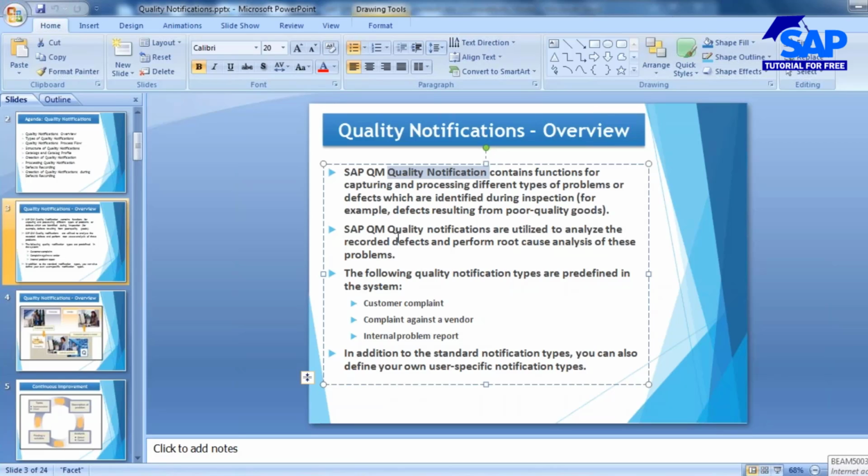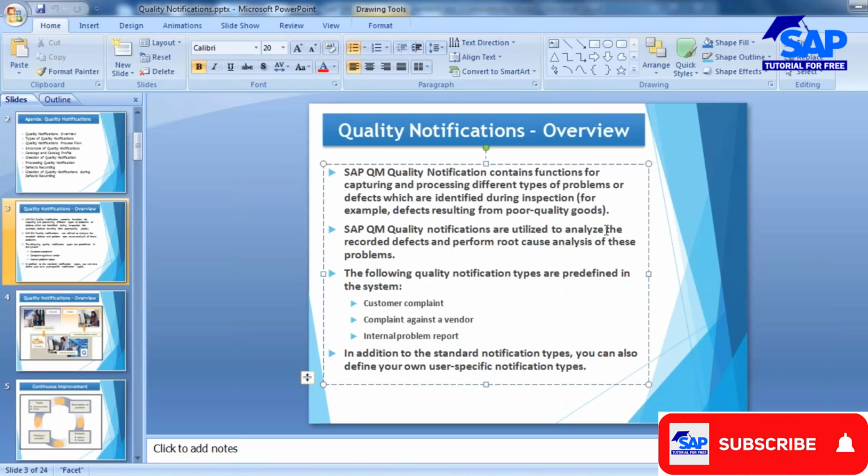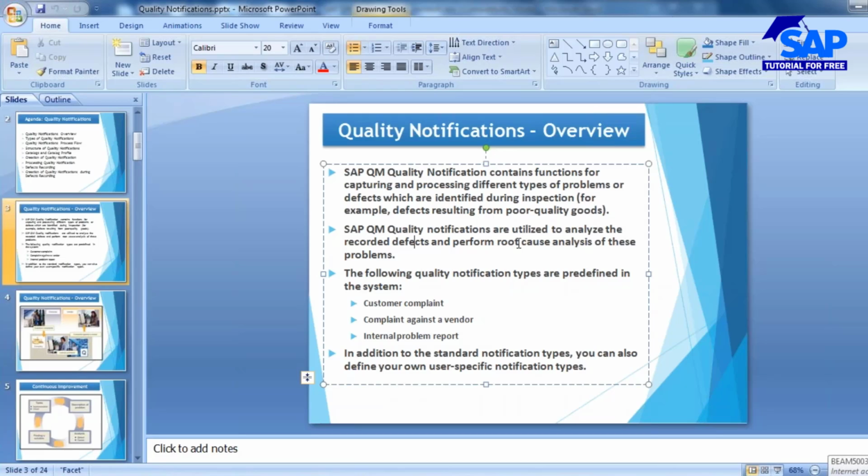Okay, so basically quality notifications you will normally use in case of problems or defects, like defects resulting from poor quality goods. Quality notifications are used to analyze the recorded defects and perform root cause analysis of the problem.